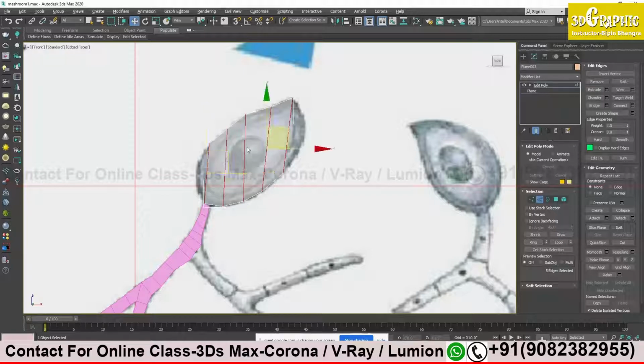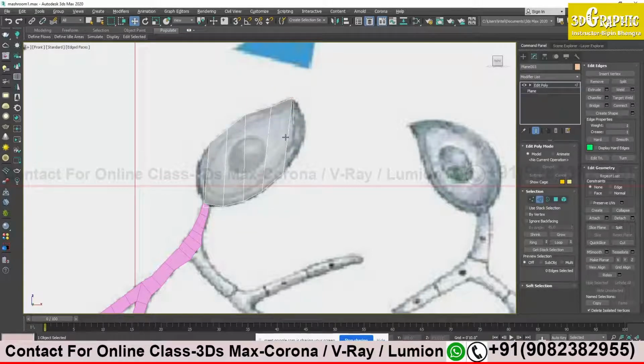Ring means every edge that is just beside the left side or right side of my selected edge will be selected. Simple. And similarly loop means what? It is connected ones. If I select one edge, the next edge is directly connected. So if I click on loop, all the connected edges will be selected. Clear?